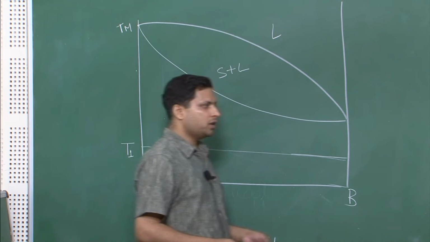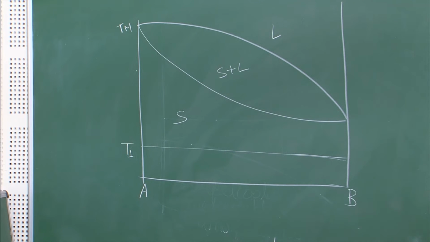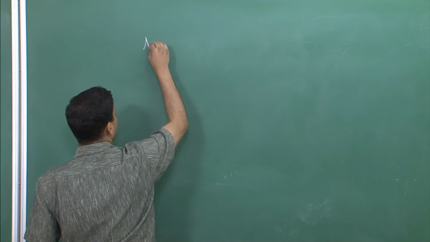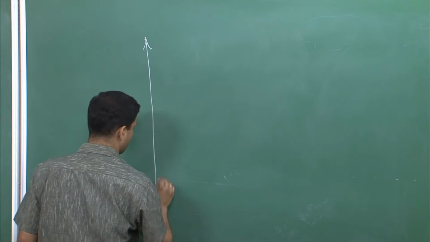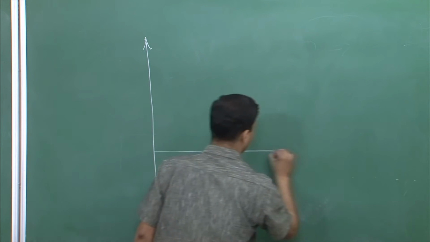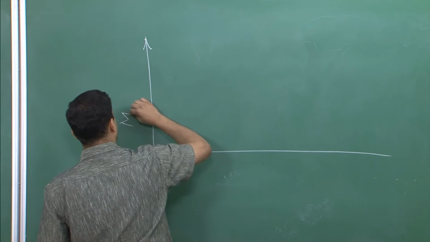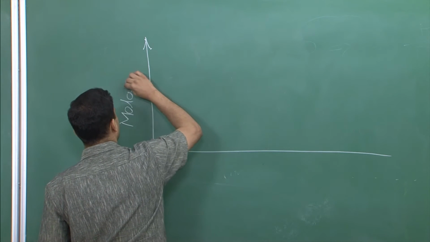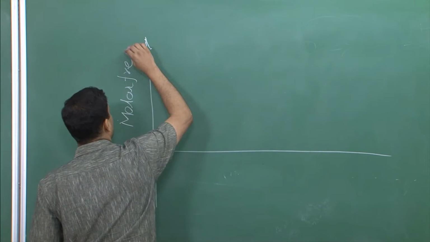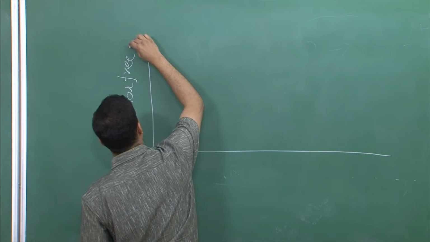So now it is important to see how the free energy plots look. Usually when we are plotting this, we use the term molar free energy to denote energy per unit mole,